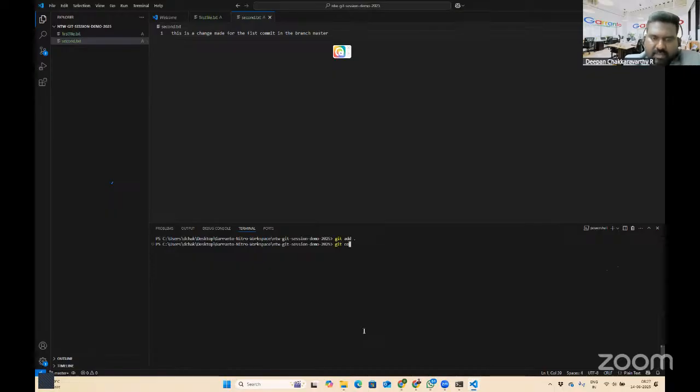I'll say git commit. I need to commit all the changes that are in the stage, and then I want to give a message. So how do I recognize this commit? I need to name the commits with meaningful names. That is where I'm saying m. I want to create a snapshot here with a meaningful message: created the files.